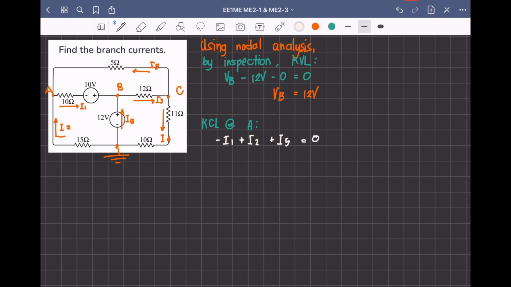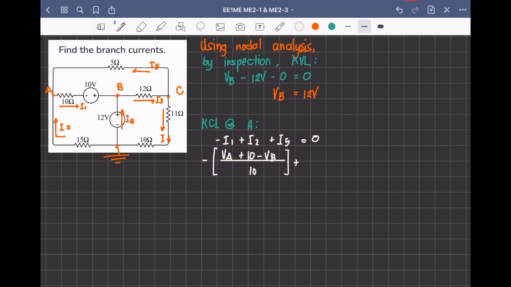After writing my current equation, I will have to equate this to its Ohm's law expression, diba? So for I sub 1, I'll be tracing A to B nodes. So that would be VA plus 10 volts minus VB all over 10. Okay, so I have here negative of the quantity. So we started at VA plus 10 volts minus VB all over 10